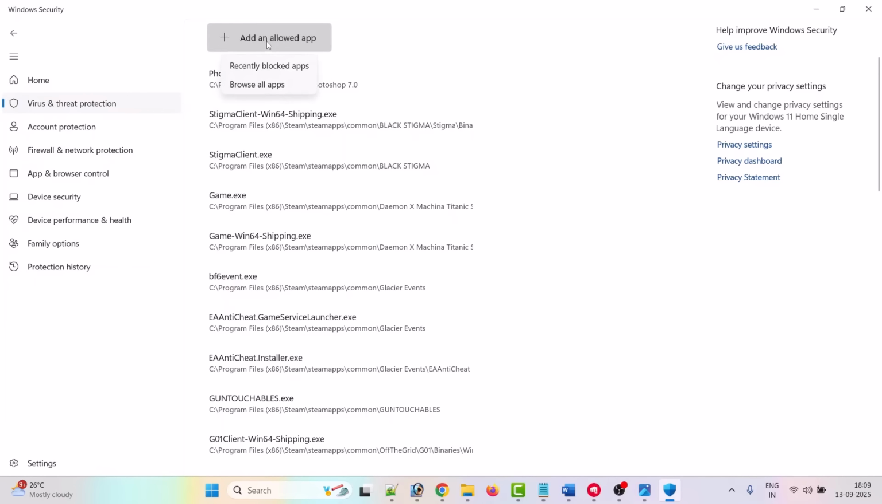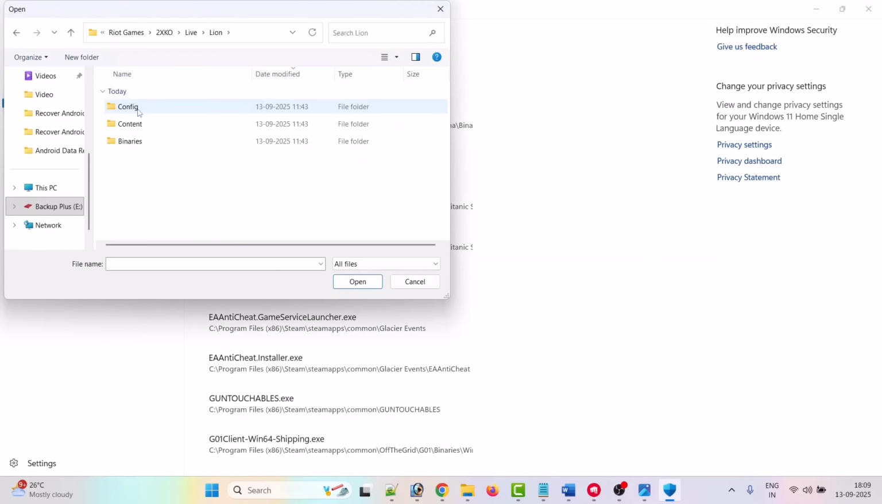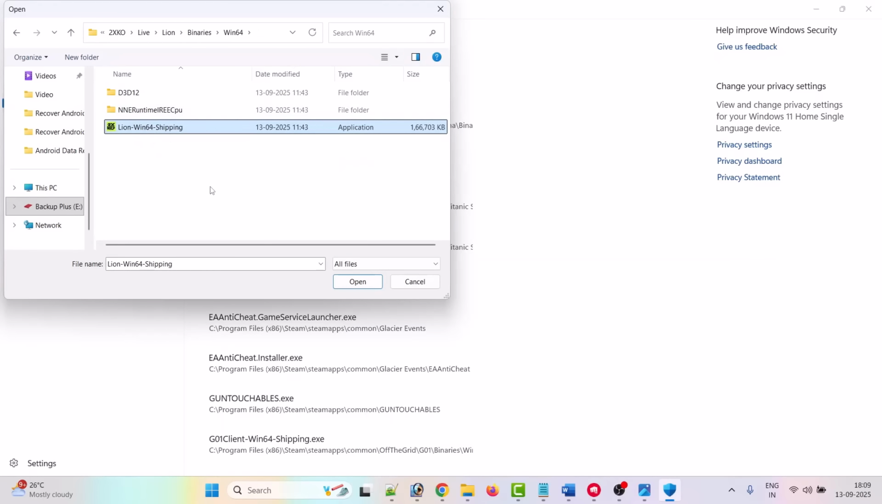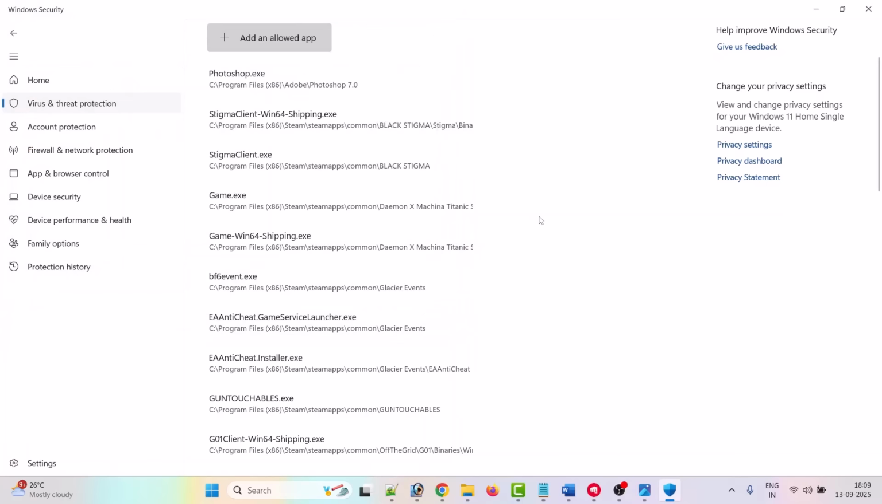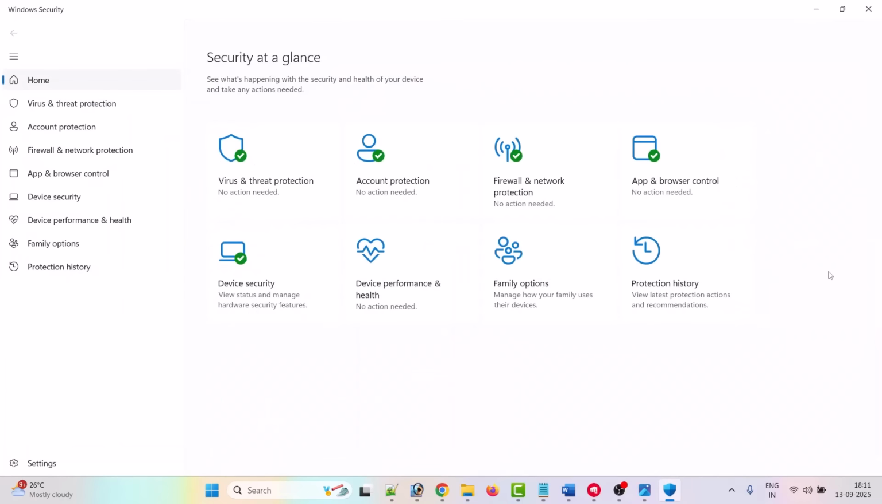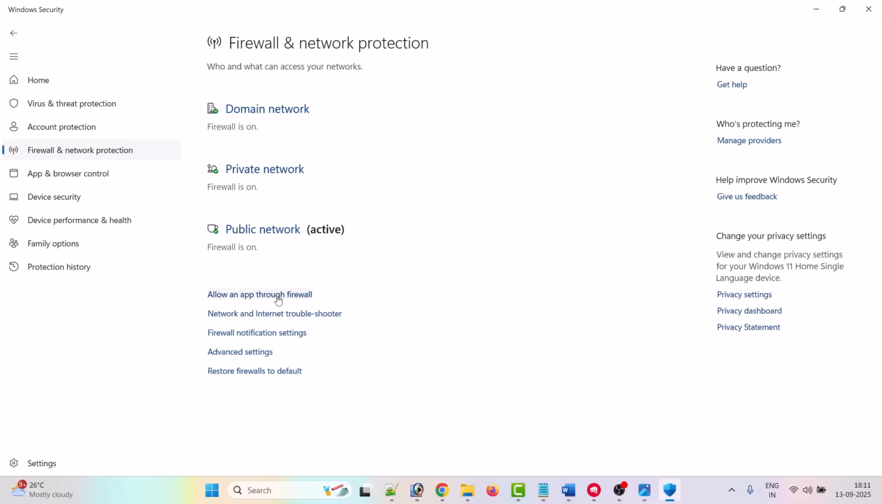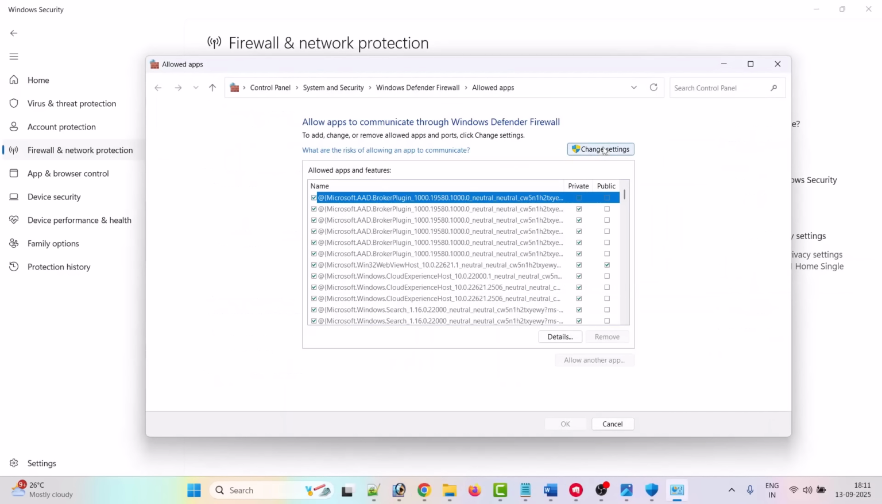Again click on add an allowed app, then click on browse all apps. Open the lion folder, open the binaries folder, open the win64 folder, select the lion win64 shipping exe file, click open to add it to the list. Now go back, click on firewall and network protection, then click on allow an app through firewall, then click on change settings, then